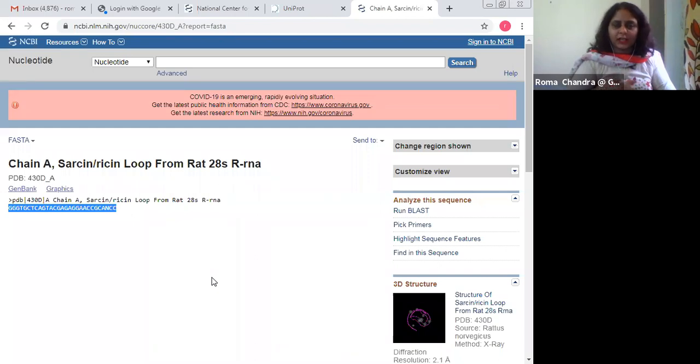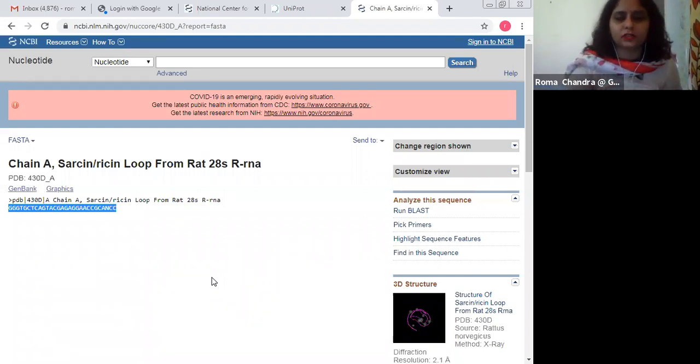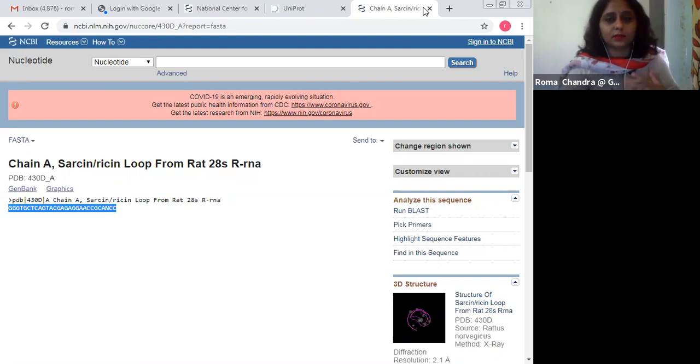It is the chain A of that particular sequence, and you can see that the same section is also there in the PDB database as a structure of protein. That is the reason why, after the greater than sign, you can see the keyword PDB. So this is all about the smaller databases like NCBI and GenBank.